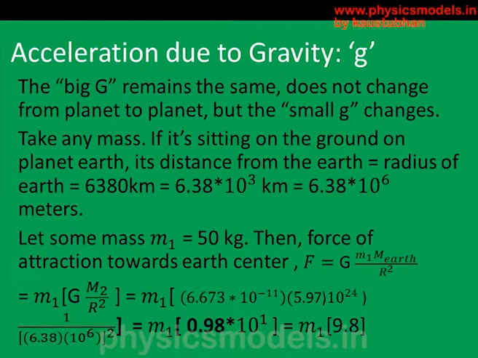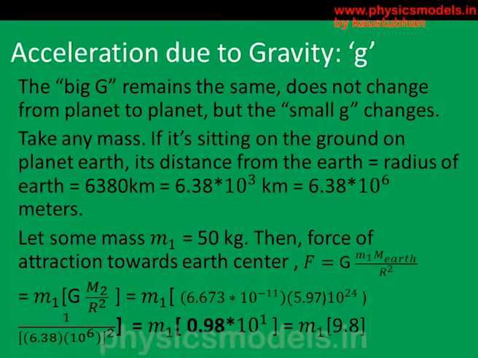Now we must look at the difference of the big G from the small g, which is acceleration due to gravity. And let's derive the small g. So let's take a mass sitting on the surface of the earth. The earth is a big ball and there's a mass sitting on it. Let that mass be m1. So plug in the same equation, F is equal to G m1 m2 by r square. m1 is the mass that we put on the ground. Keep it aside. Club the other things as G m2 by r squared.